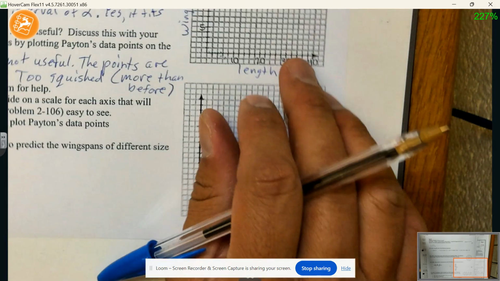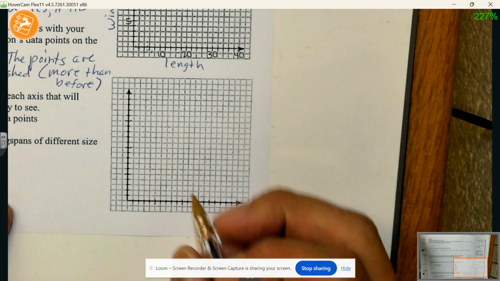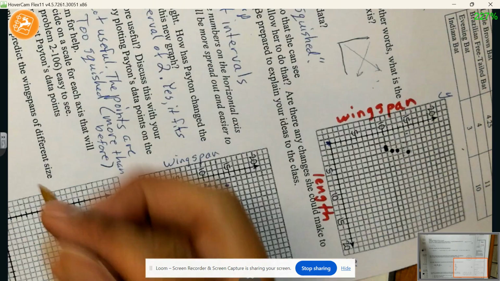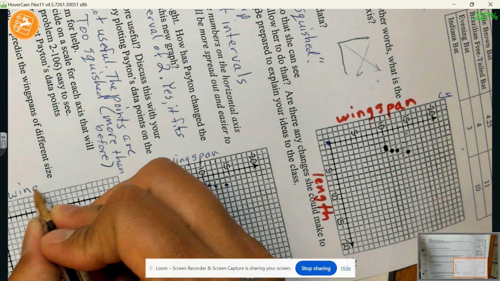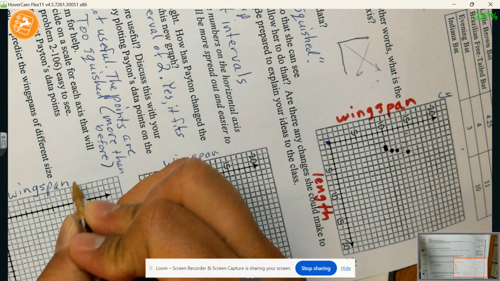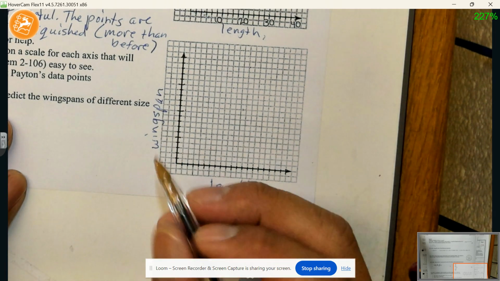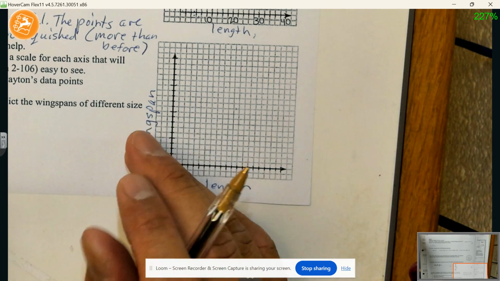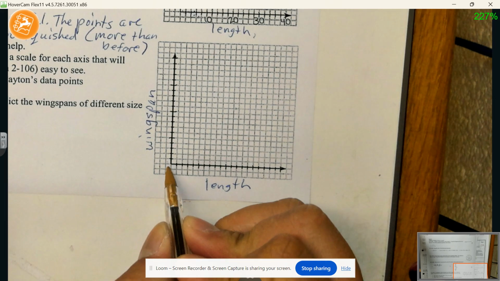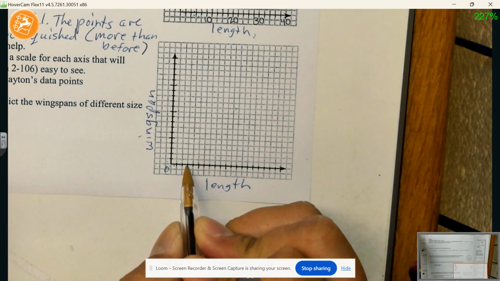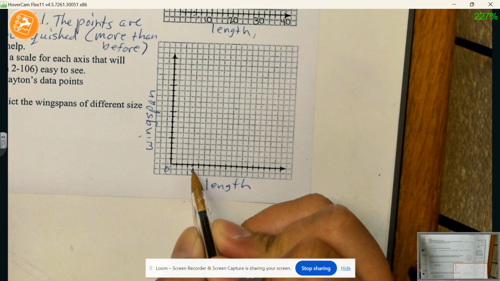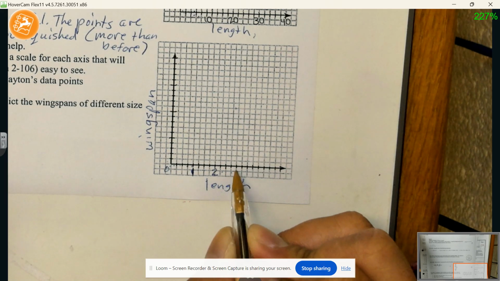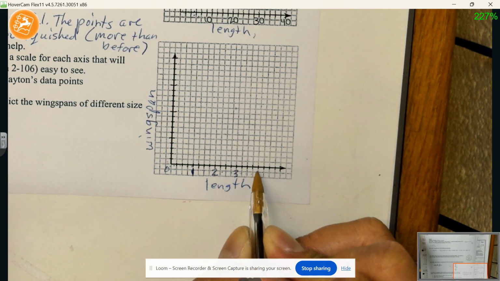Okay, so what you might have come up with is, first, let's go ahead and label these again. Very important to always label your axes. Okay. One idea that we might be able to use is let's count by fourths. Okay, so here's 0, 1/4, 2/4, 3/4, and this would be 1. 1/4, 2/4, 3/4, 2, 3, 4,